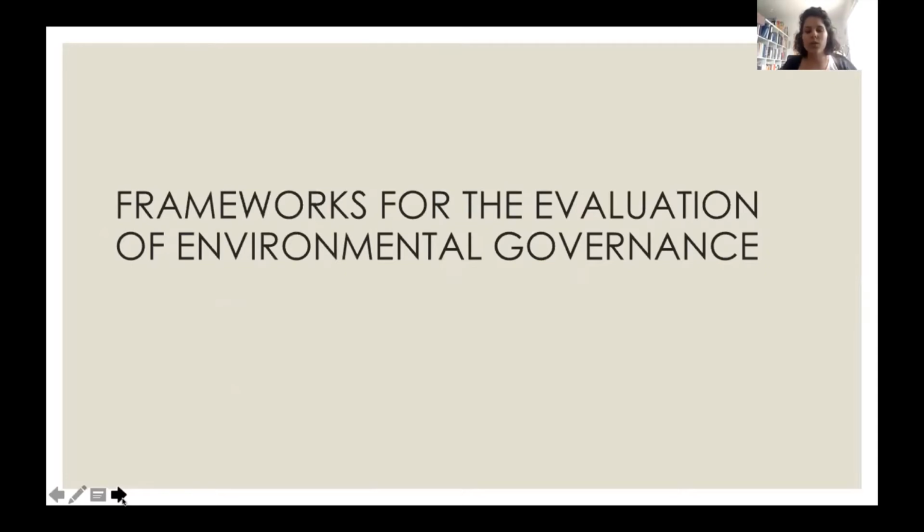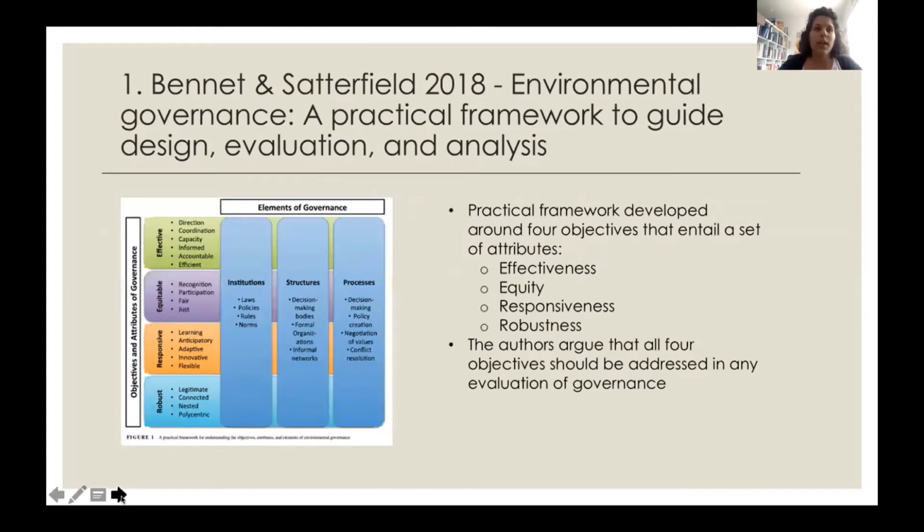So what I'm gonna do now is to briefly cover the 3 frameworks of evaluation of environmental governance that we have relied on to build our own. And the first one is this framework by Bennett and Satterfield that came in 2018. Basically, they provide 4 general objectives of governance, and each objective has a list of attributes. And they end up with a quite lengthy list of attributes of governance, 22 attributes. And they argue that all 4 objectives, which is effective, equitable, responsible, and robust, should be met in order for